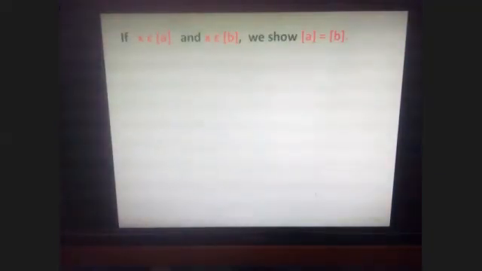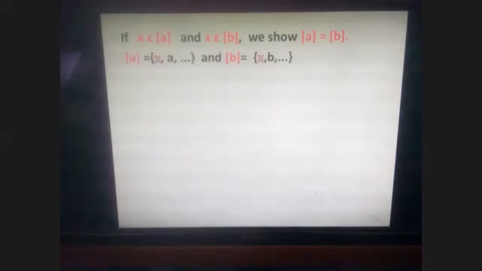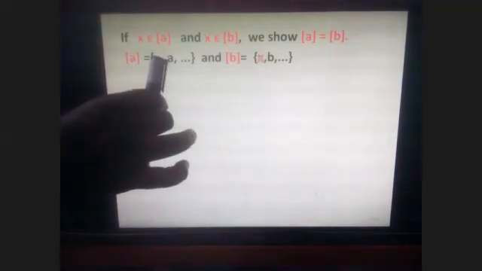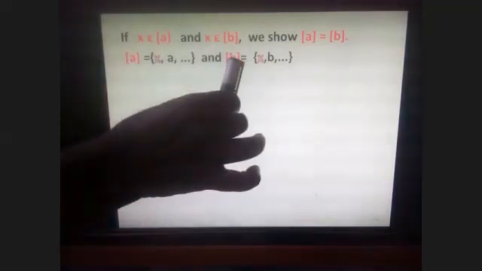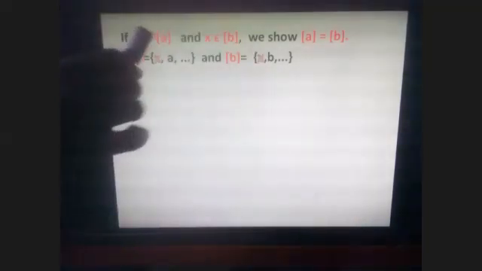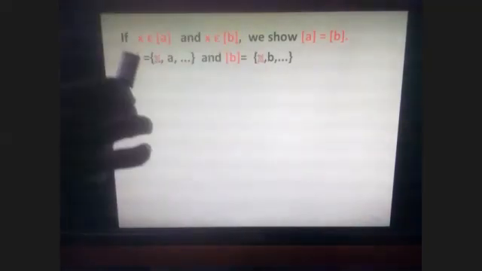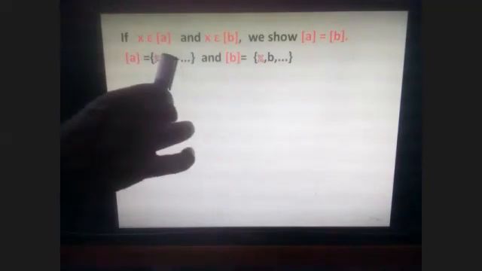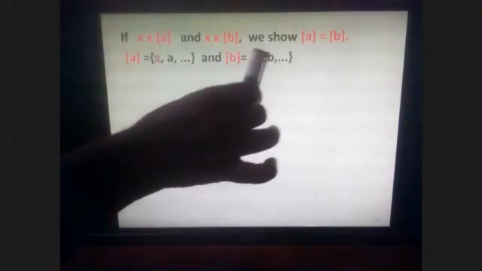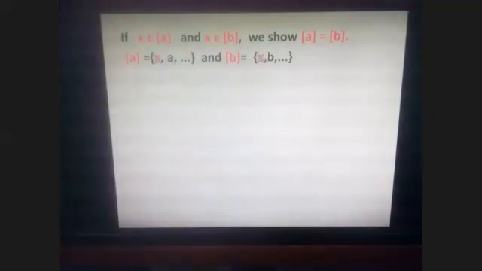Why? Here, what is happening is that when you write the equivalence class of A, X is an element. When you take the equivalence class of B, X is an element. That's why the first sentence says so. Of course, the equivalence class of A will contain A itself, and the equivalence class of B will contain B itself. You have to show now that these both are the same set because I have produced one element common.